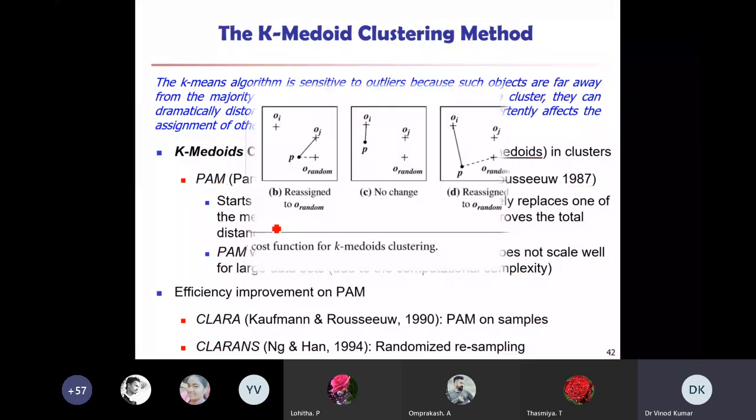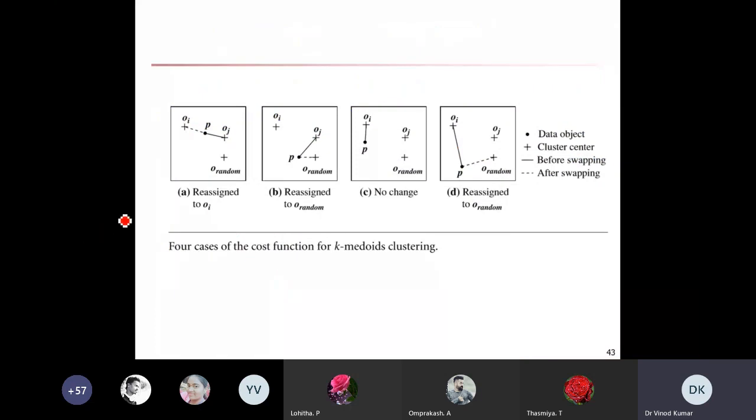As for your syllabus, you can see here the same thing. This one is the data object, and this one is the cluster center. Before swapping and after swapping, what is happening here? Oi, then Oj. This one is the random selection.